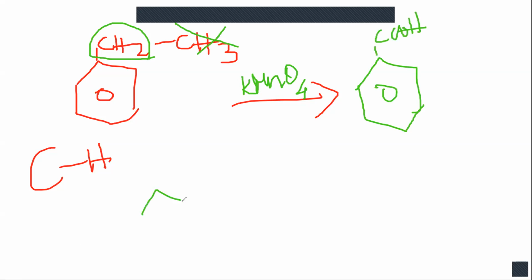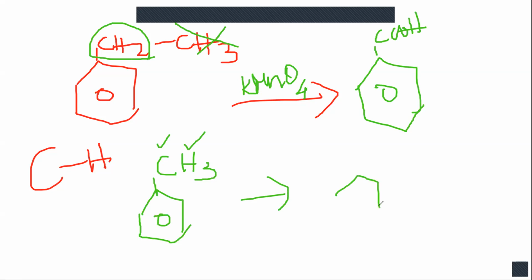You take toluene. Toluene also has CH3, benzene connected to CH3. What is the condition for KMnO4 oxidation? Outside the benzene, carbon must be present and hydrogen must be present. That's all. So this satisfies KMnO4 oxidation. So this ring again gets converted into benzoic acid. So only one carbon is needed for KMnO4 oxidation outside the benzene ring.